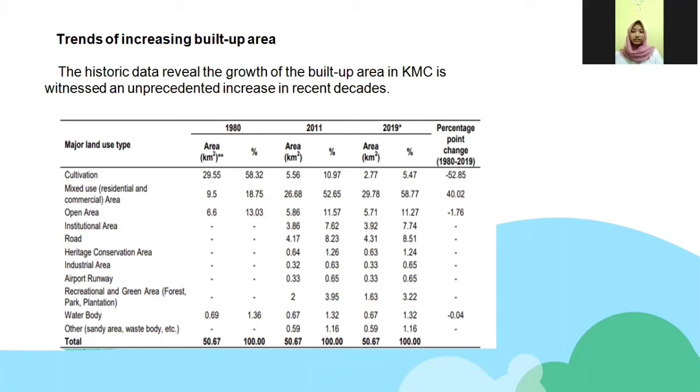Trend of increasing built-up area. Looking at the trend of change in the built-up area of Kathmandu, it is apparent that the growth trend is increasing in the latter decades. The historical data from different points in time reveal that the growth of the built-up area in KMC has witnessed an unprecedented increase in recent decades. As discussed earlier, this is the result of increasing immigration and urbanization in Kathmandu Valley